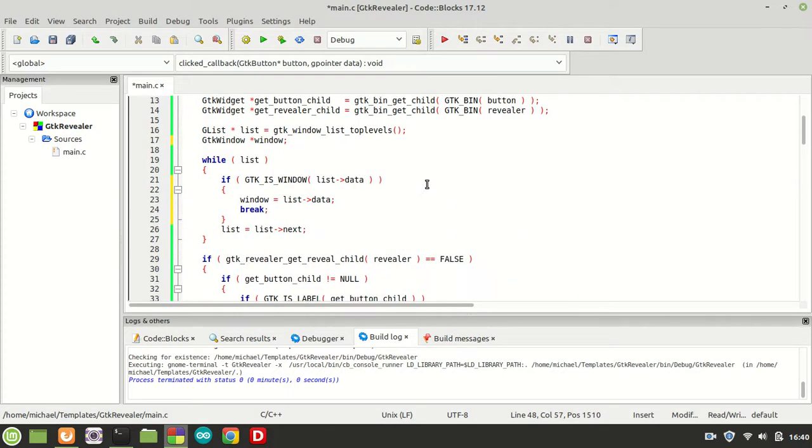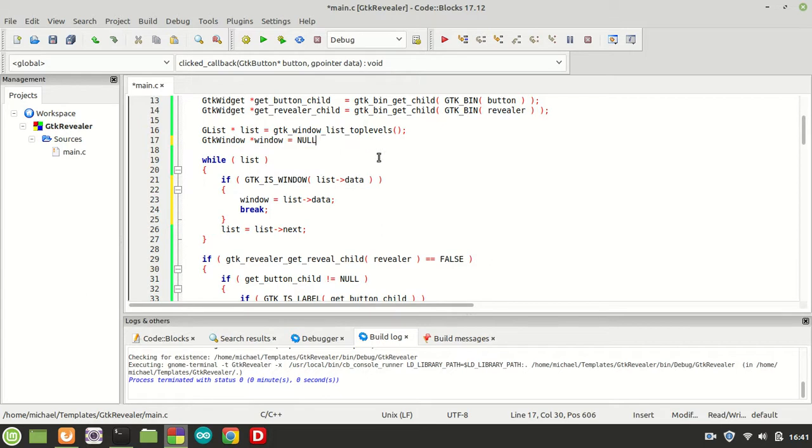Now what exactly we did here before I compile it, we are calling the GTK window list top levels, and we save it in a linked list. Once that we have it, with the help of the while loop, we are checking if one of those informations which are stored inside this linked list, one of them it is a type of the GTK window. If it is, then we save this information which is stored in list data to our window, and then we have basically our GTK window, which I need to set it by the way to null, just to be sure that you don't use